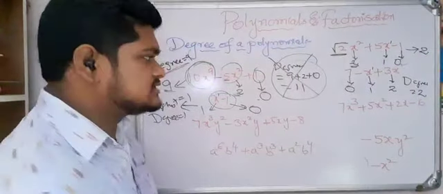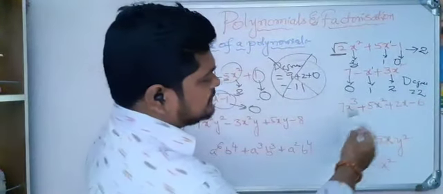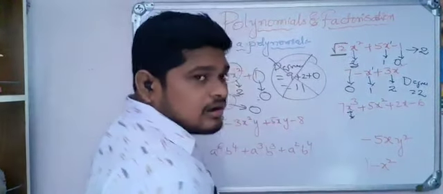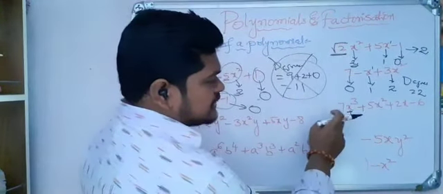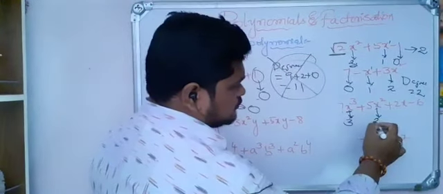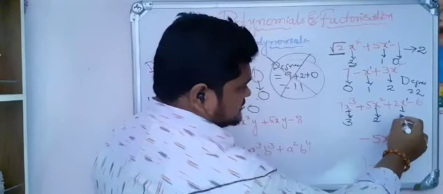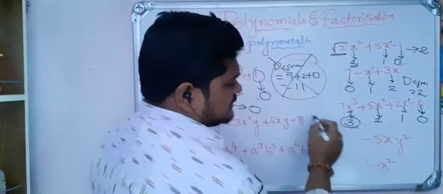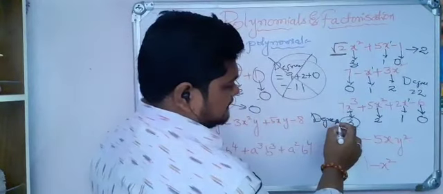Okay, everybody understood? Same like that, we can do the remaining also. This one is the highest power of x. Always I am considering the x. Don't consider the constants. Okay, 3. Next, x power 2. Here x power 1. It is a constant polynomial, degree 0. Highest is equal to 3, so it is the degree.